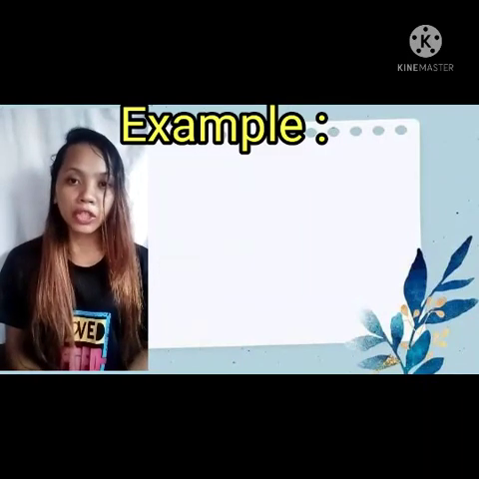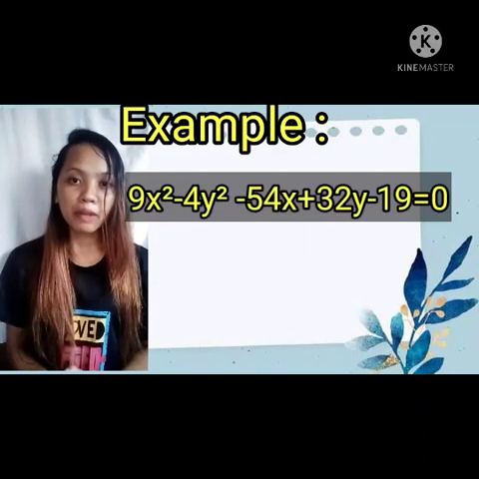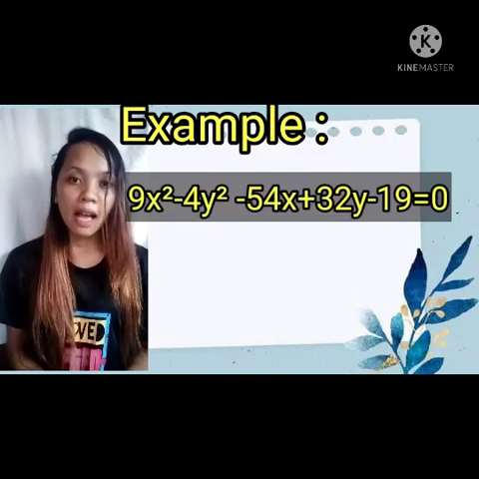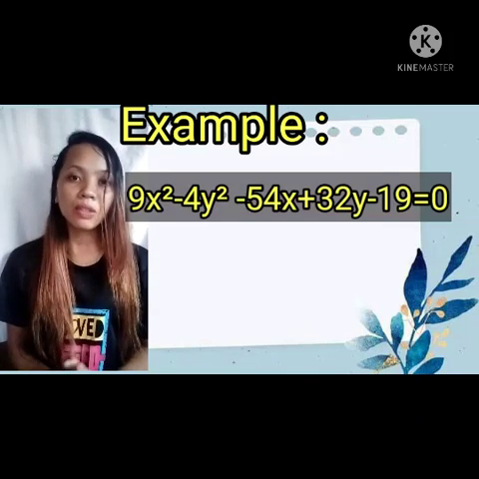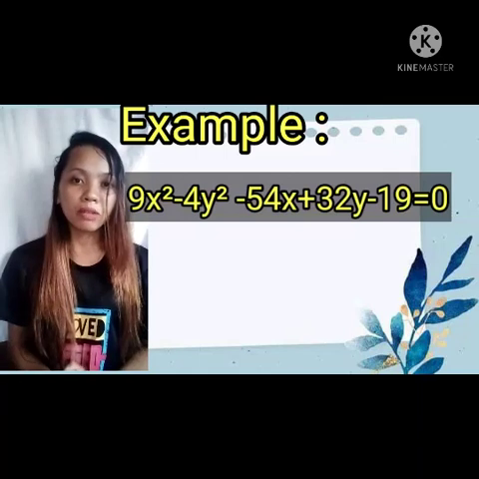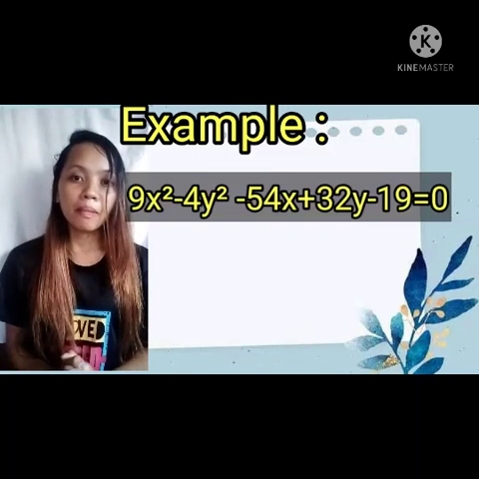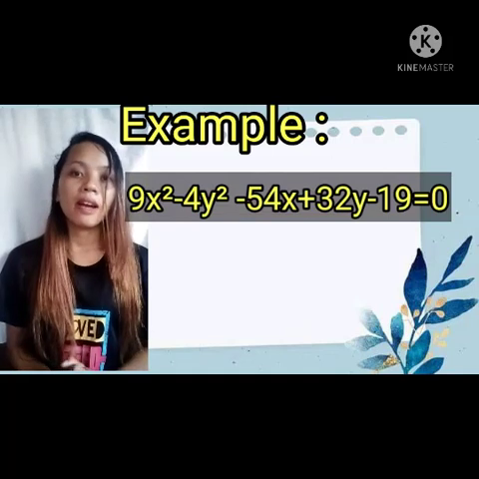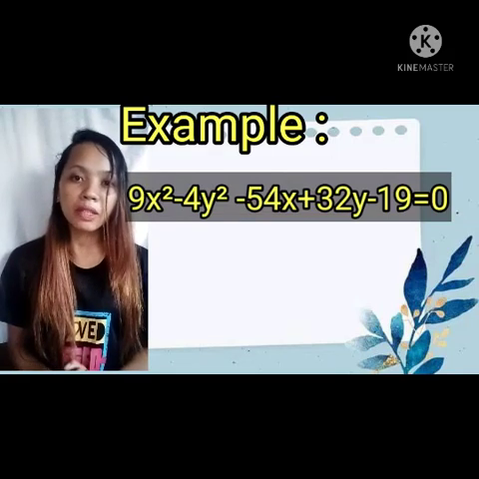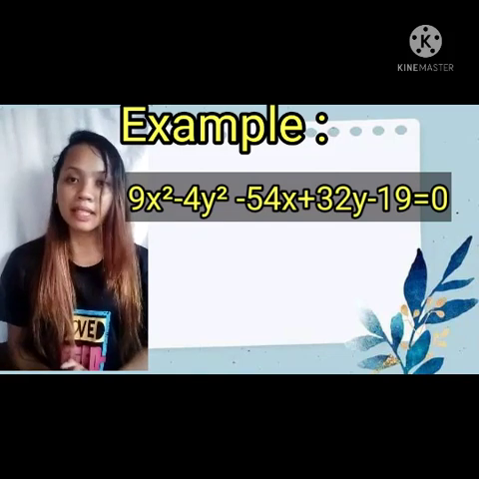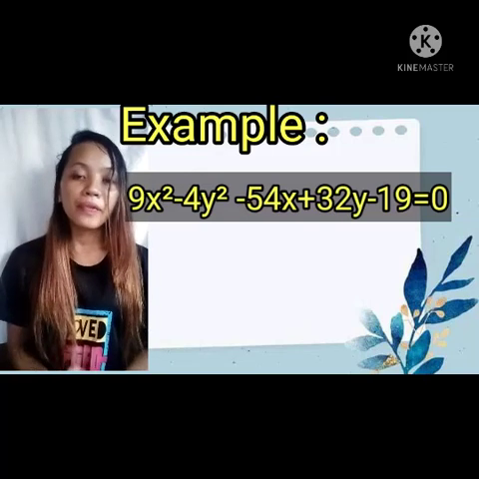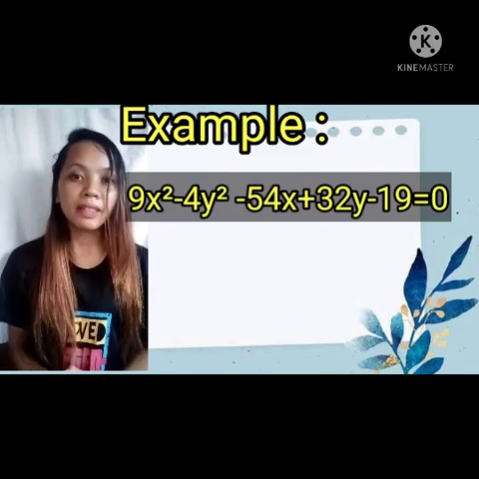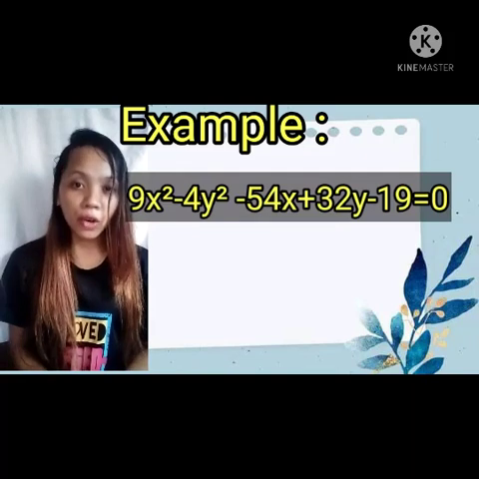For the fifth question, 9x squared minus 4y squared minus 54x plus 32y minus 19 is equal to 0. Let's go back to the guide questions. Are both variables squared? Yes. We have x squared and y squared. Do the squared terms have opposite signs? This is the positive 9x squared. This is negative 4y squared. Therefore, yes, it is confirmed that they have opposite signs,